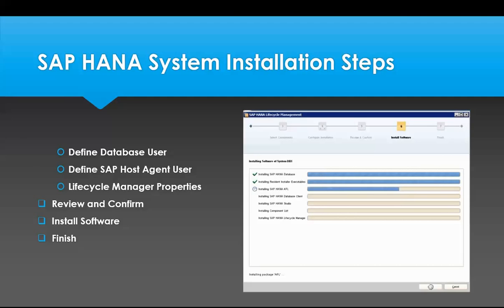You have to be particular about that. You have to just remember that's the system administrator, and it will always be the SID ADM. So you have to be sure about that as well. So this was all about SAP HANA server installation. So you have to follow these steps, and you're